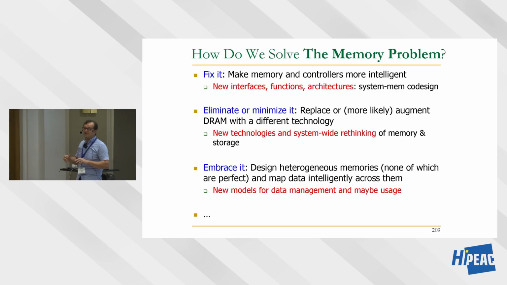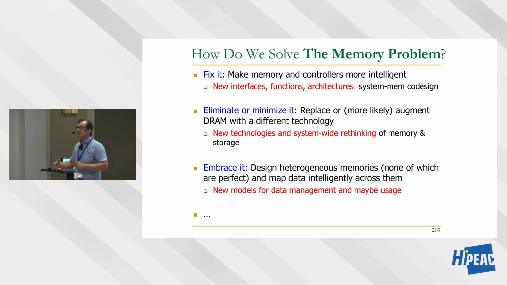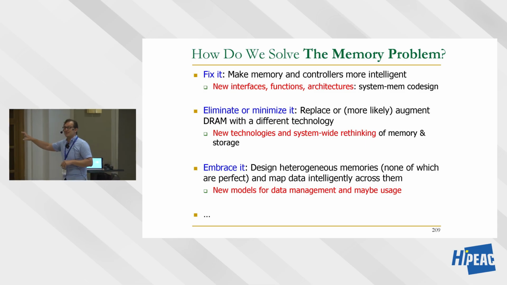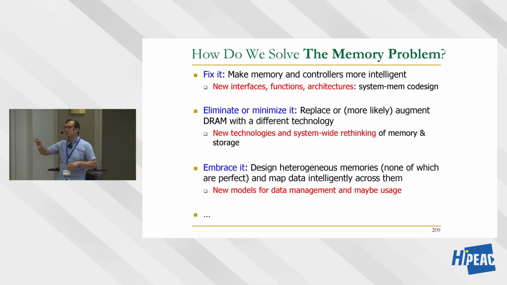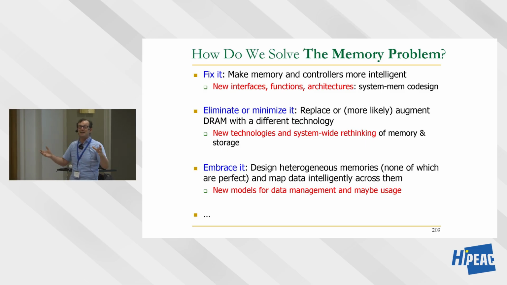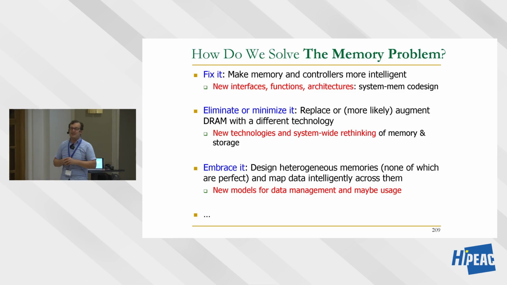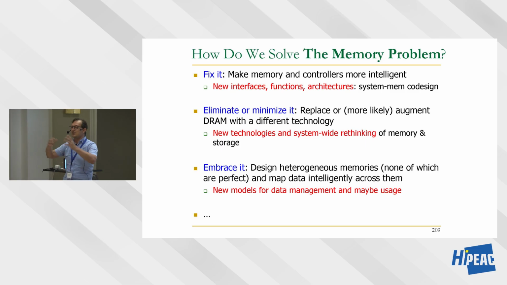One is we somehow need to fix it. Of course, what does it mean to fix it, right? I think fixing it, from my perspective, is to make memory and controllers much more intelligent than they are today. Today, memory is treated as a dumb device, meaning you do loads and stores to memory, you get data out, and then you do refresh, that's it. You cannot talk to memory as an intelligent being, let's say, right? It cannot do any computation, for example. It cannot really satisfy guarantees. You cannot tell memory, please do this function for me, but just bother me whenever it's done.